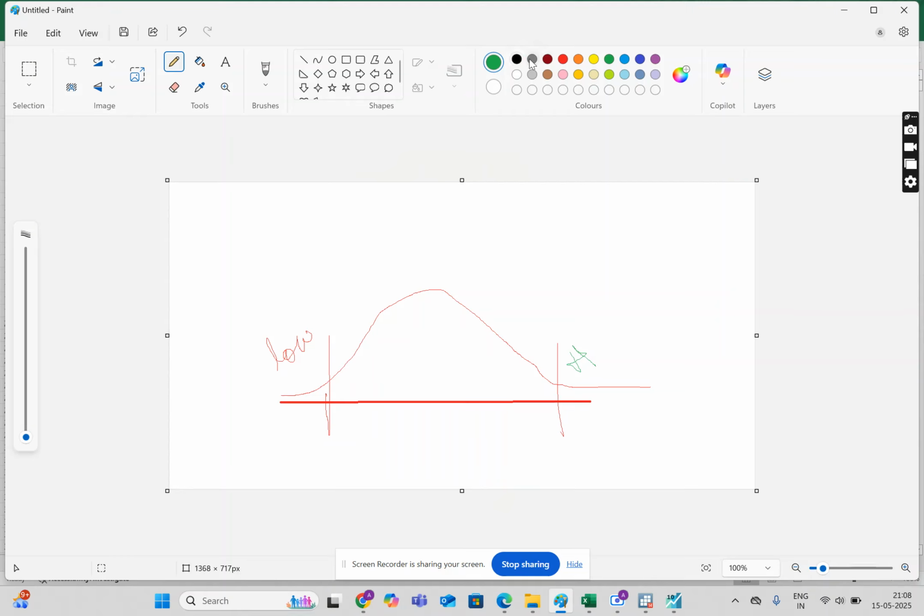I'm writing H. So I will be seeing what can be the maximum amount of loss that I will incur when I am in this low section. We consider it at a 99% interval, so this is the 1% case. So in 99% of cases, what is the maximum amount of loss I will incur? Okay, so that is what we can understand from here.